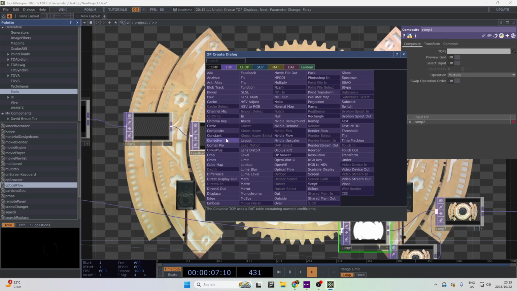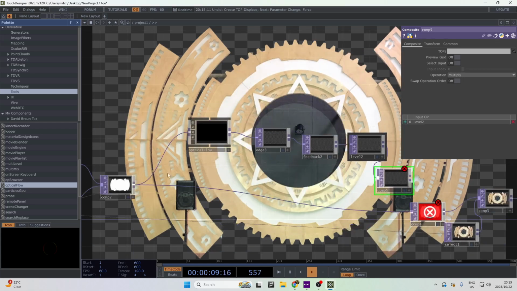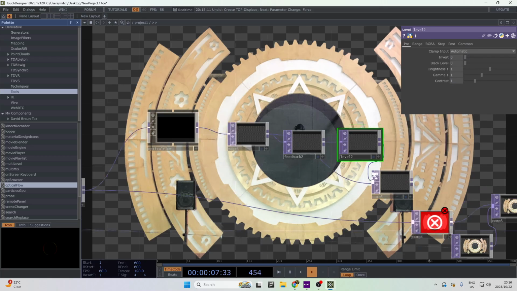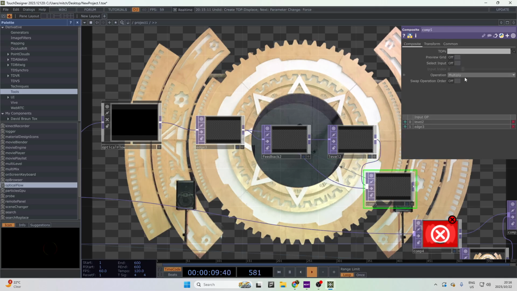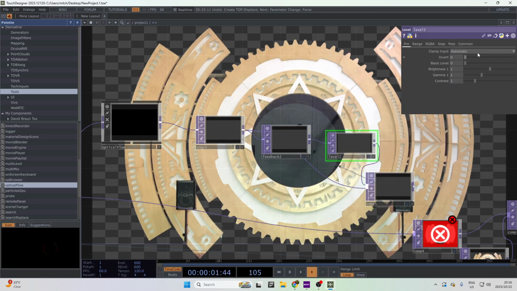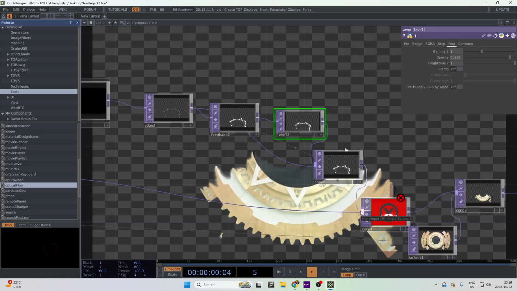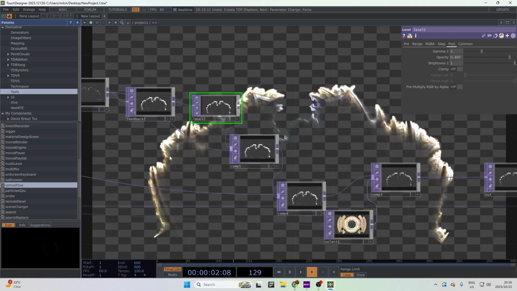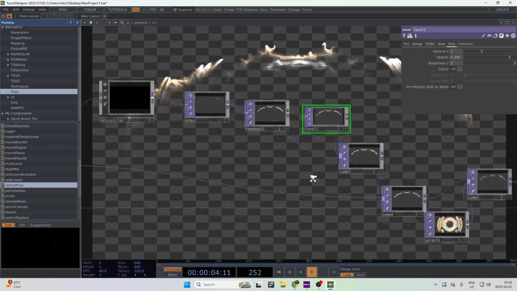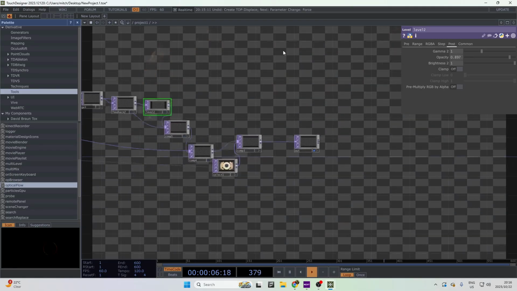We do a composite here. That bad boy at the edge goes into there. Bang. Set that to add. Just drop the level of it. The opacity. And bingo. So there's our fading,